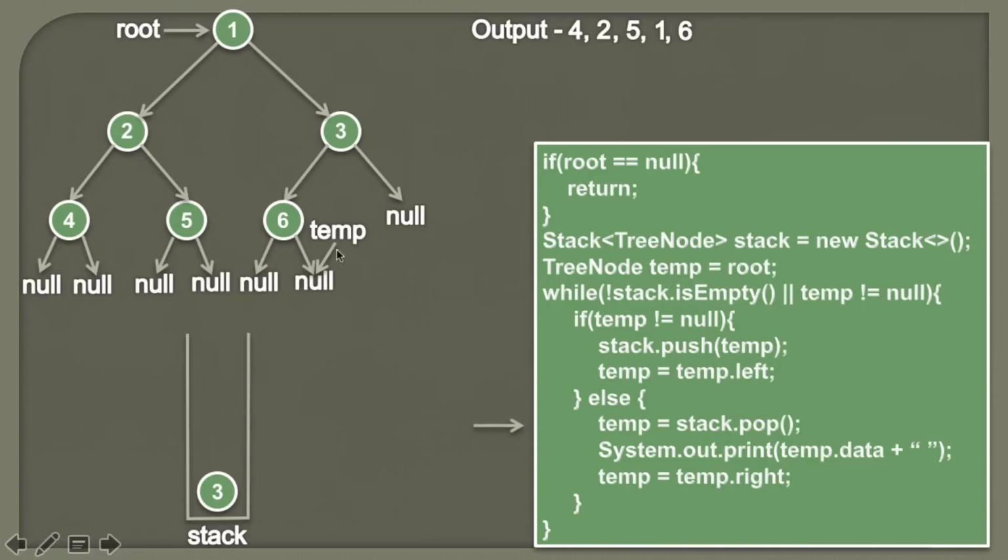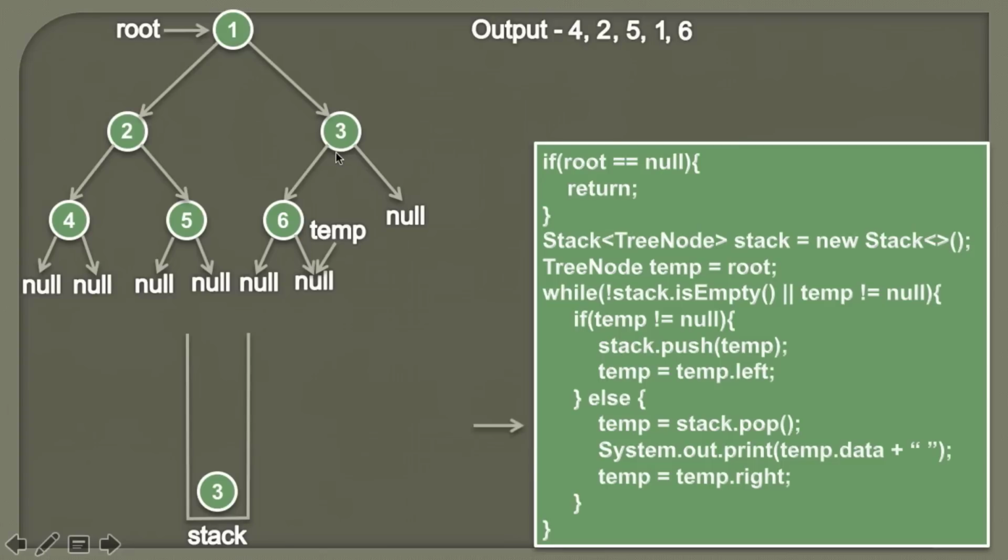So friends, here you can see for the node 6 we have actually visited its left subtree, we have visited the node, and we have visited its right subtree. So therefore we have completely visited this node 6, and here you can see node 6 is to the left of node 3. So now we have actually traversed the left subtree for the node 3. So therefore now we can visit the node 3.